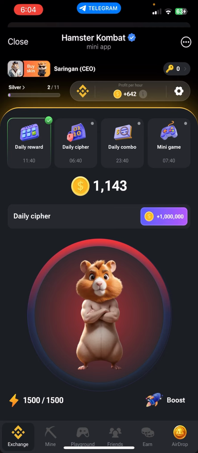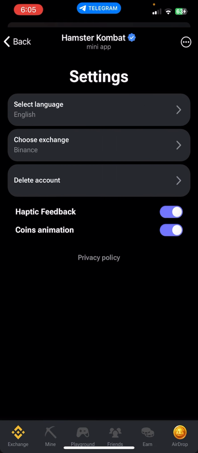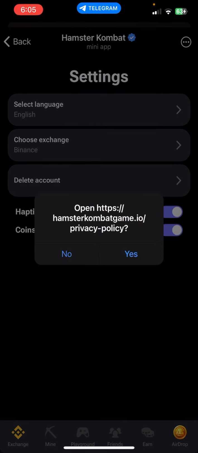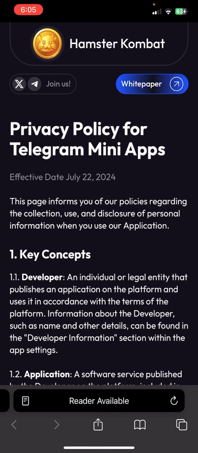Now you cannot see any option in here to claim or to get a Cipher code. So what you can do is, you can see there is a settings option at the top right corner. You need to tap on that settings icon. Once you do that, you simply need to tap on privacy policy. Once you tap on the privacy policy, just tap on the S, and now you'll be redirected to